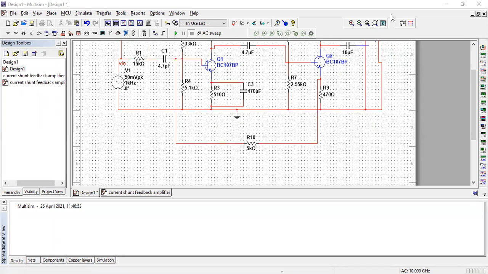Anybody having any doubts? Whatever circuits we executed today, understood? Yes, ma'am. All the circuits. Okay, please try to do it. Those who have already installed the software, try to do it in the software. It takes less than half an hour. So we are giving the circuits. Please try to execute the circuits. At the end, you should not face the problem. That is our intention.